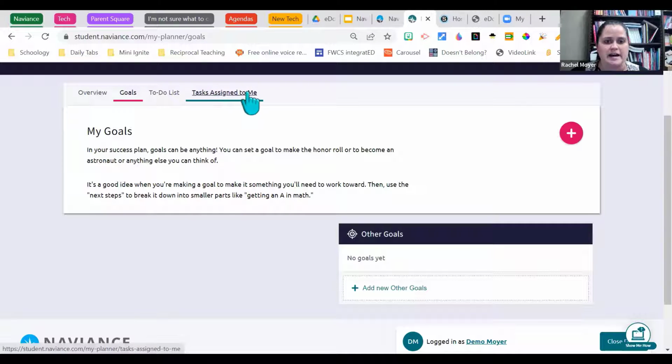So I'm going to come back to the tasks assigned to me. That's where I was. It just brought me over here to goals. These are in the same area. So coming back,